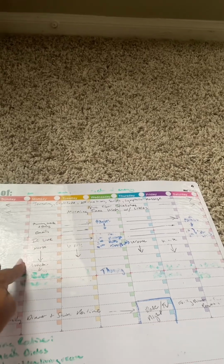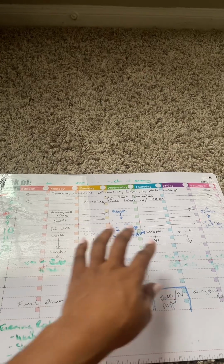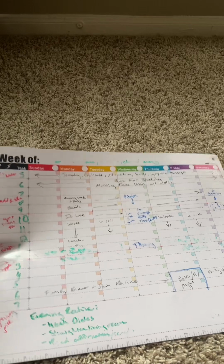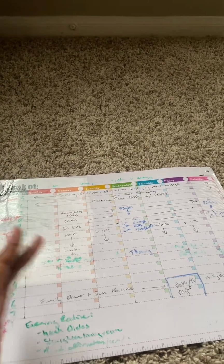I would have out what my work day would look like, when I would be doing my hobbies, even when I would be taking bubble baths, and date nights and stuff on here. So this is what I used to have on my wall as well, so that if I start to get overstimulated, overwhelmed, I could just look up and see, okay, this kind of resets me for the day. But yeah, if you want to zoom in, you can zoom in and see some of the things. If it's coherent enough that you can read it, especially on that weekly schedule, some of the things I make sure that I do in my morning routine: journaling, gratitude, affirmation,